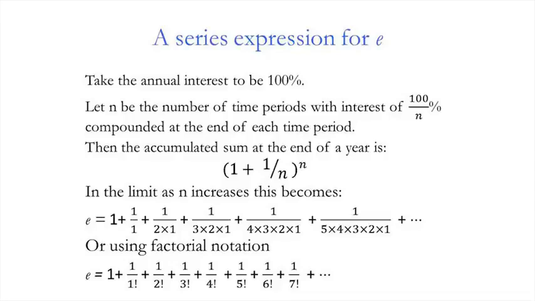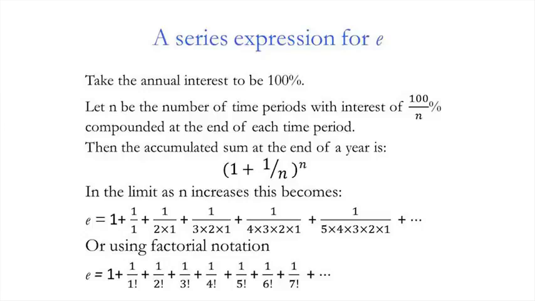And one can multiply that out. There are n terms multiplied together, or there's a theorem called the binomial theorem, because this expression 1 plus 1 over n is binomial. There are 2 terms in it. And you can multiply it out, and you can ask yourself, what happens as n increases? And you can do the arguments associated with it, and you find out that what you get is this long infinite series here, 1 plus 1 over 1 plus 1 over 2 times 1 plus 1 over 3 times 2 times 1 plus that, which is very much simplified if we introduce this factorial notation. So factorial 5 just means 5 multiplied by all the positive whole numbers smaller than it. So factorial 5 is 5 by 4 by 3 by 2 by 1,